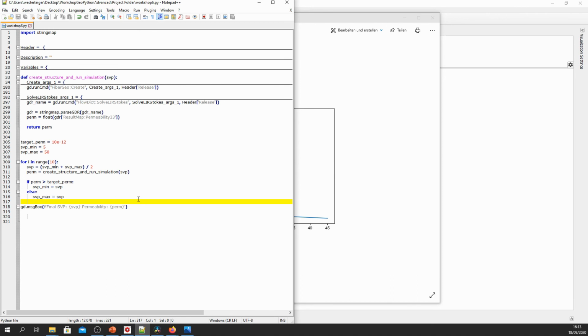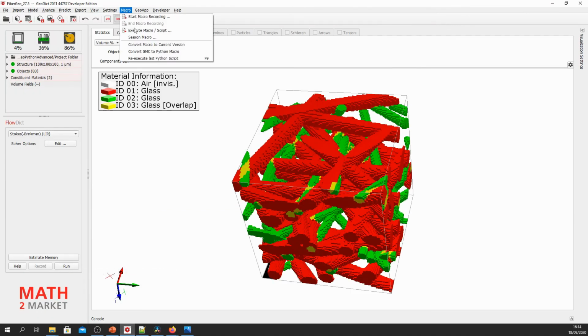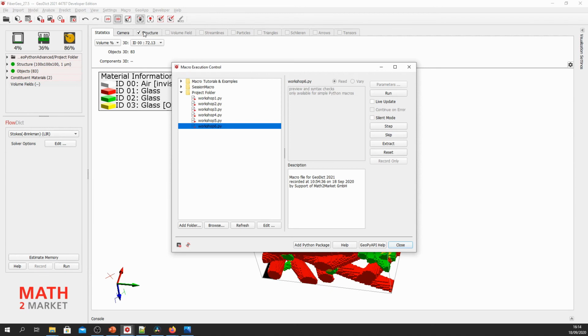Now let's go back to GeoDict and try it out. Press Ctrl S to save the file, workshop6.py. Go back to GeoDict, go to macro, execute macro script. And if you don't see workshop6.py here, just click refresh and select workshop6.py and press run.